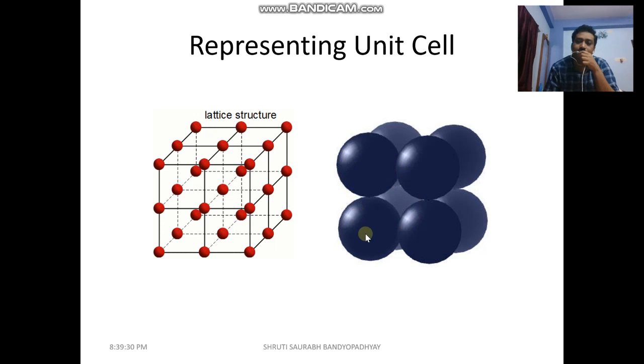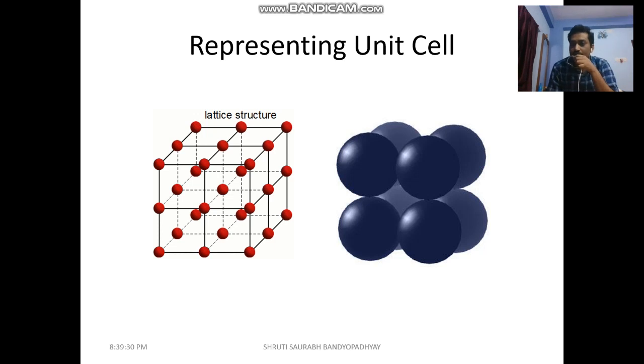Now in this type of close pack arrangement, we see the total volume of the unit cell. Suppose we are talking about a cubic unit cell. If one side of the cube is a, then the volume of the cubic unit cell will be a cube. It is simple, we know from some geometrical formula. And here also, since this is a close pack arrangement of a simple cubic unit cell, the total volume of the unit cell will be a cube.